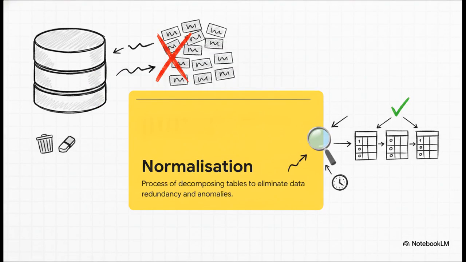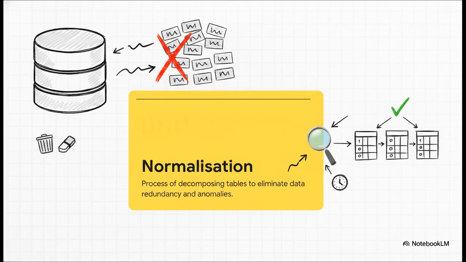To actually maintain those 5 qualities, we use normalization. Normalization is your ultimate database cleanup solution. It's a systematic, multi-step approach of decomposing tables to completely eliminate data redundancy. And data redundancy just means having the same exact piece of repeating data held in two different places. That wastes space and causes major errors. Normalization fixes this. It removes all those nasty insertion, modification, or deletion anomalies and makes the relationships between your tables